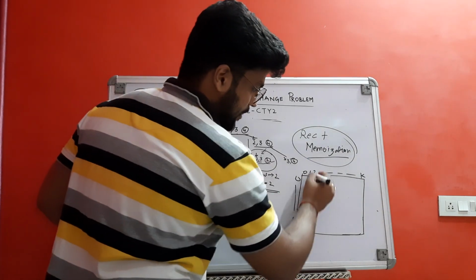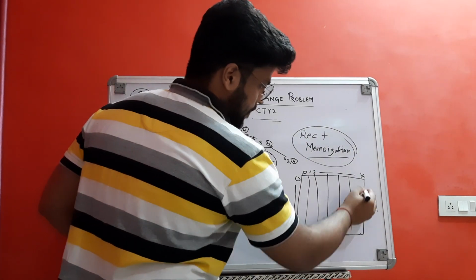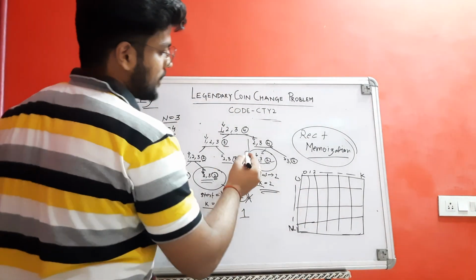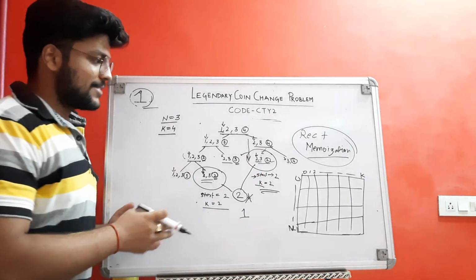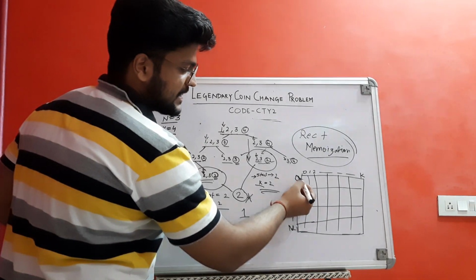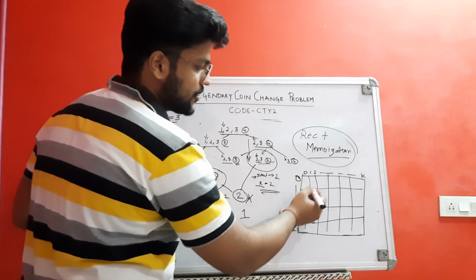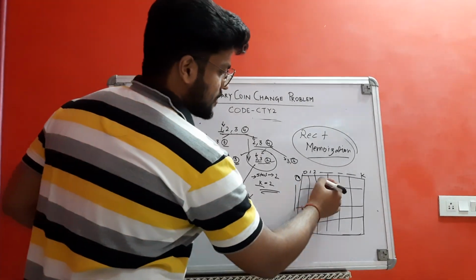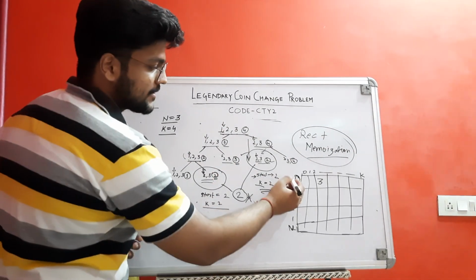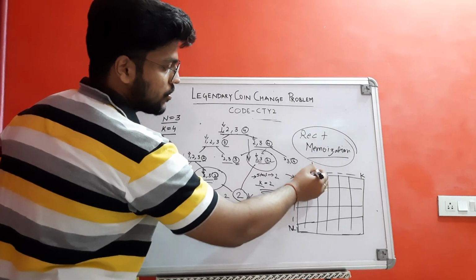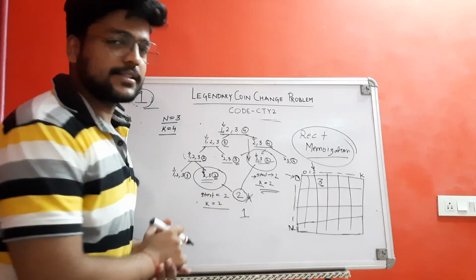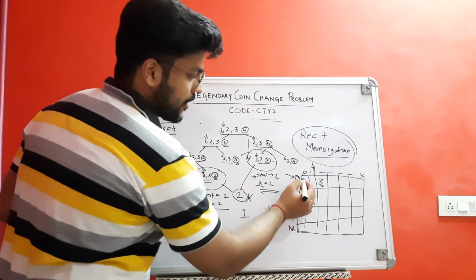So we'll make a 2D array like this, and when we start calculating a problem, a short problem or a large problem, by using recursion, we will try to save it. Like if I calculate when the start is on 0 and the required sum is 2, and let's say I have 3 ways, I will put 3 here. Whenever in future I get a similar problem, like start is on 0 and k is 2, I can use this 3, and if it is not present here, I'll calculate it.